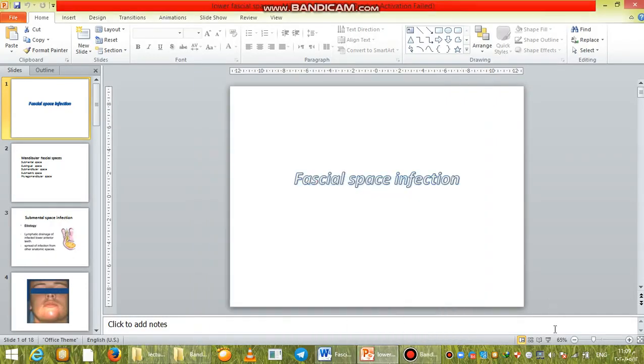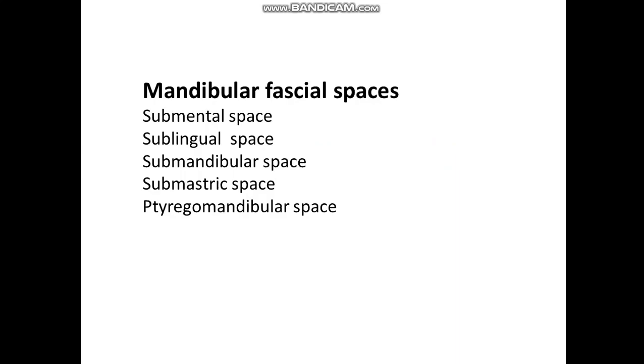Now our lecture today is facial space infection. As I mentioned in the previous lecture, odontogenic infection may spread to the soft tissue surrounding the jaws, and could be manifested clinically either as infection in the labiobuccal vestibule or in the facial spaces surrounding the jaws. Actually, this is determined by the muscle attachment or the relationship of the root of the tooth to the muscle attachment. In this lecture, we are going to discuss the infection of facial spaces in relation to the lower jaw,